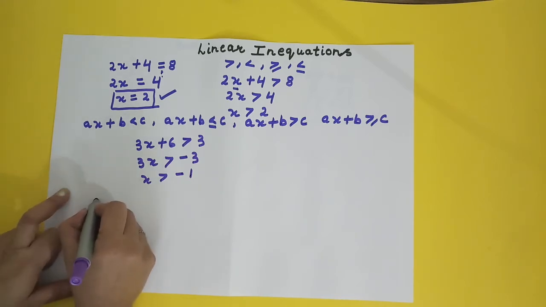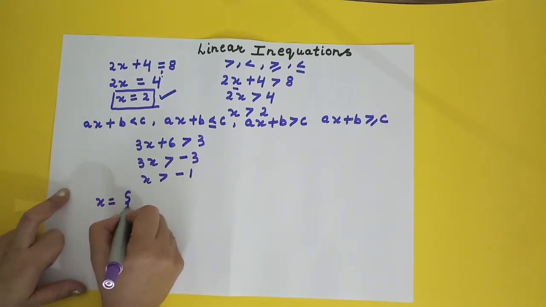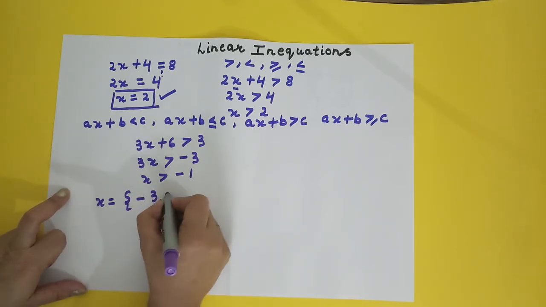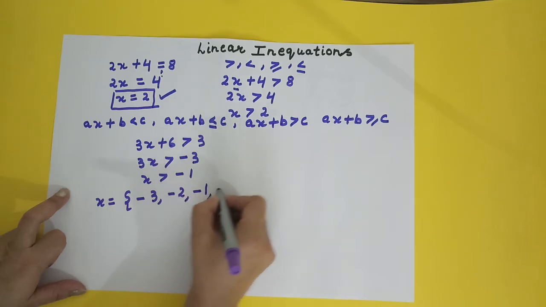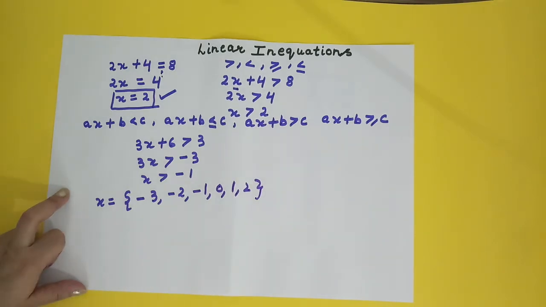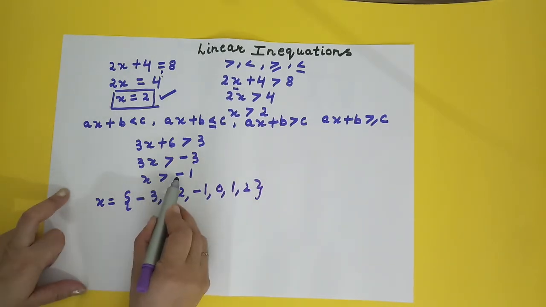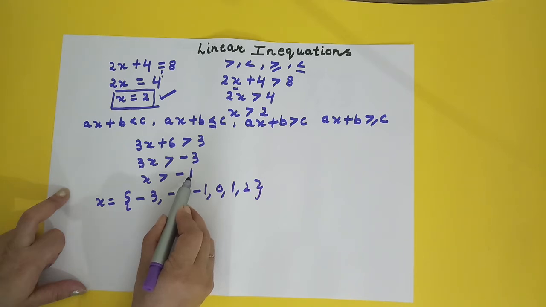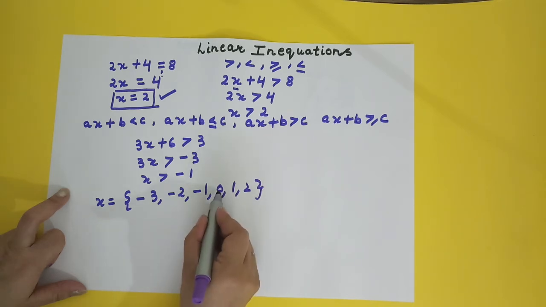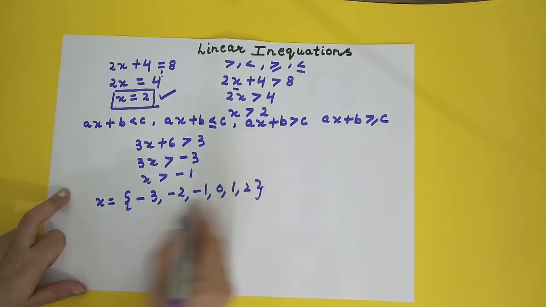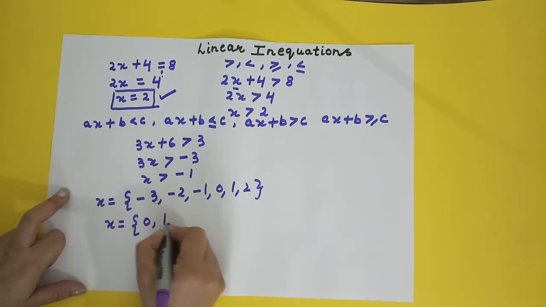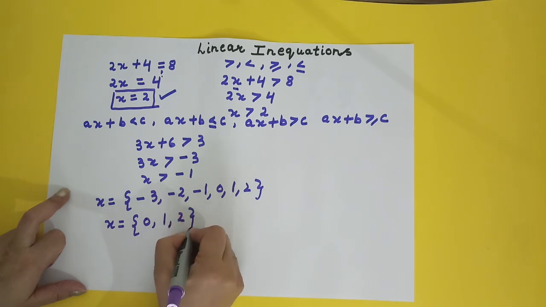Now, we have a replacement set for x and I am asking you to choose the value of x from that replacement set. And this replacement set is having the values. Okay. Now, looking at this, x is greater than -1. So, which values are greater than -1 if you look at this replacement set? There are three values, 0, 1 and 2. So what is my solution set for this inequation? 0, 1 and 2. Right?